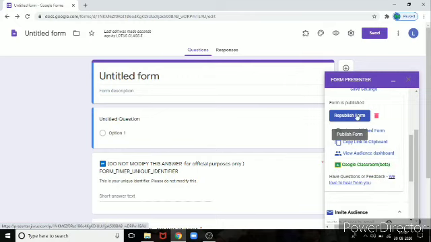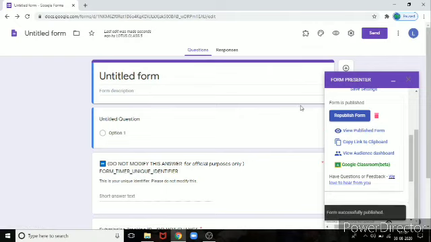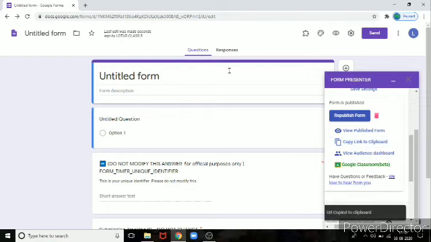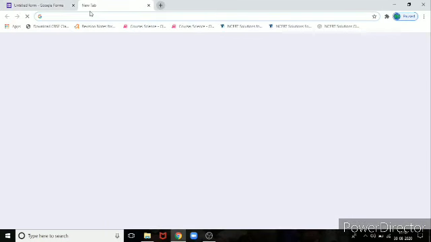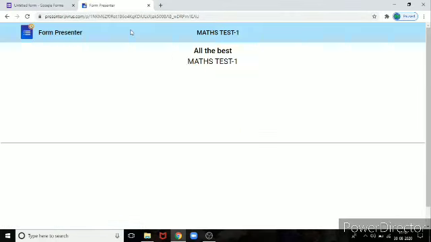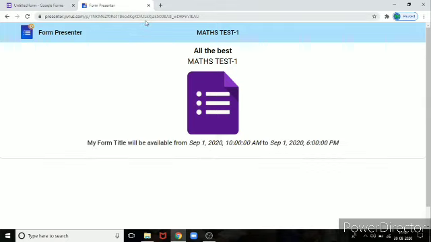If you want to republish the form, you can, if you haven't changed any questions. If you want to copy the link, as usual we copy it from here, but you can also copy the link to clipboard from here and paste it as you want. I have pasted it here, or you can paste it in a Word file and proceed with your exam.